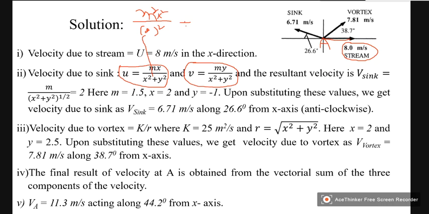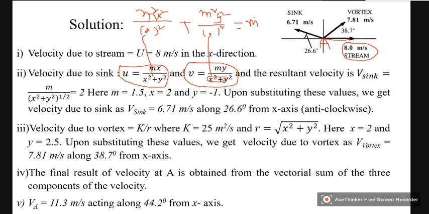V square will be m square y square divided by again this. So if you add these two, you will get